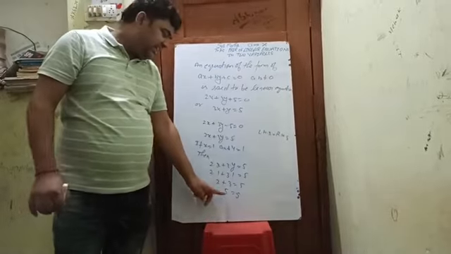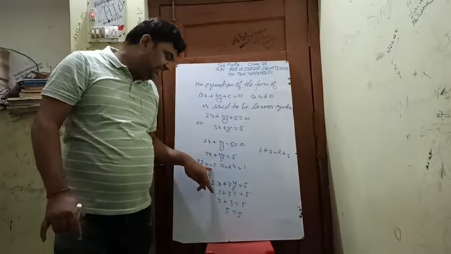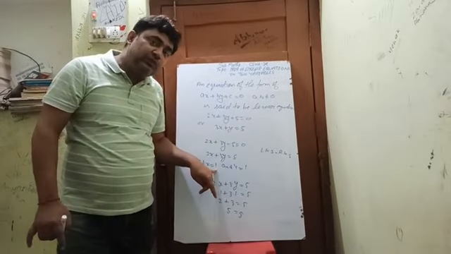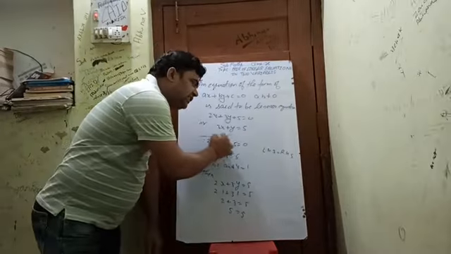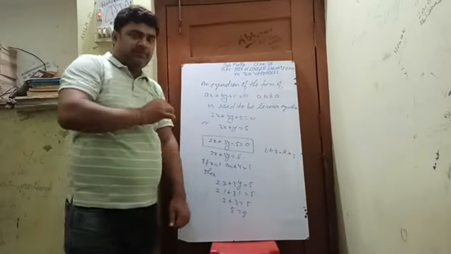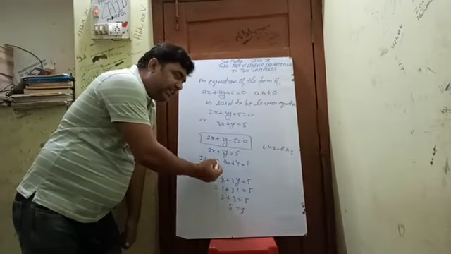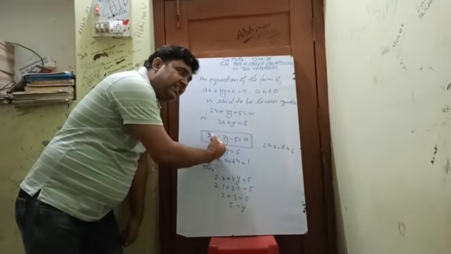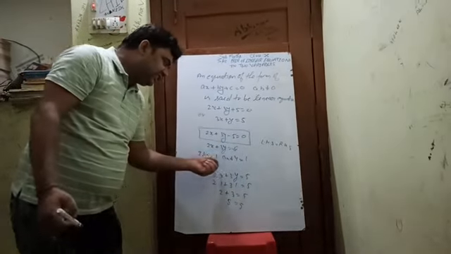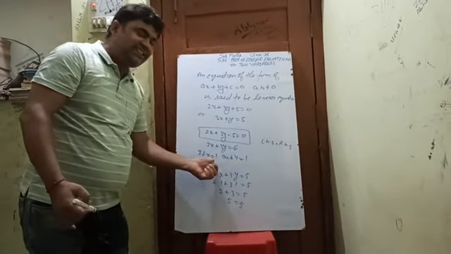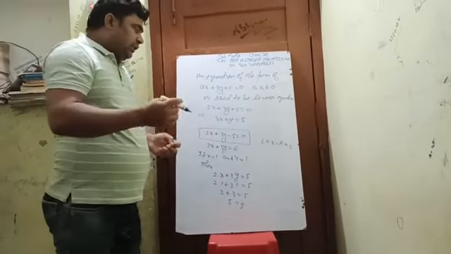So when we are getting both sides equal, then we can say that these values, x is equal to 1 and y is equal to 1, are the solution of this linear equation. So I am talking about the solution. What is the solution? When we put the value of x and y in the given equation and we get both sides equal, then these two will be treated as the solution of the equation.